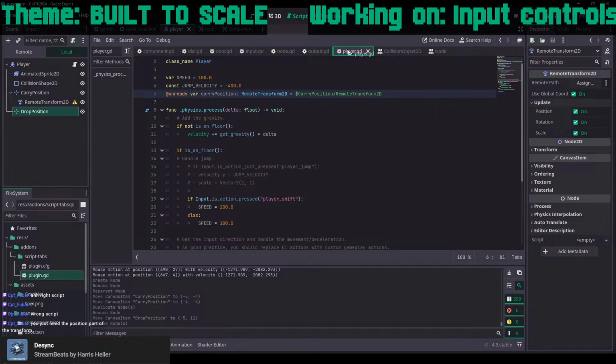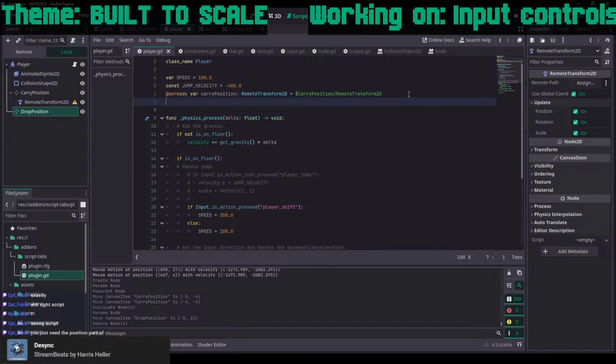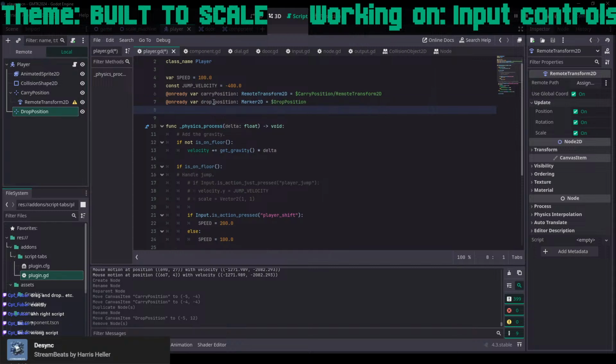So in the player script, we need to provide a reference to this drop position, right? But it won't need. Yeah, but it just didn't do the... Oh, because I pressed the wrong button, probably. I think I was holding shift rather than control. Right, okay. Let's call this drop position like this,